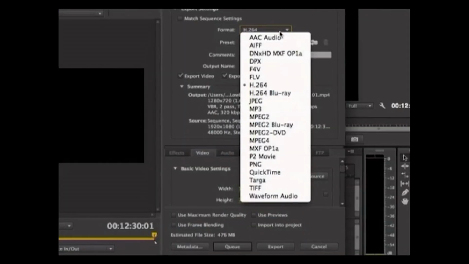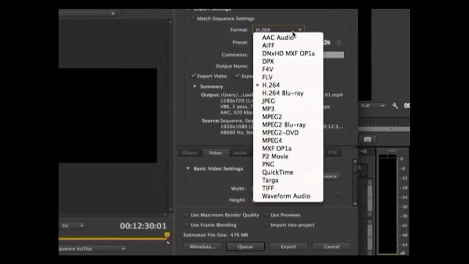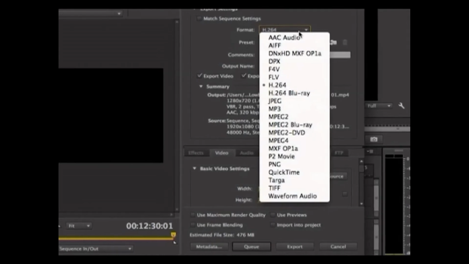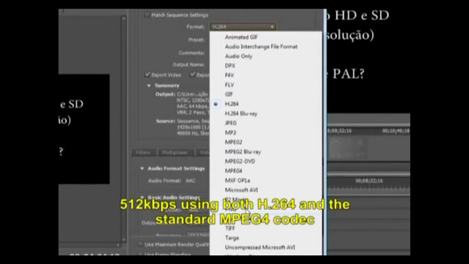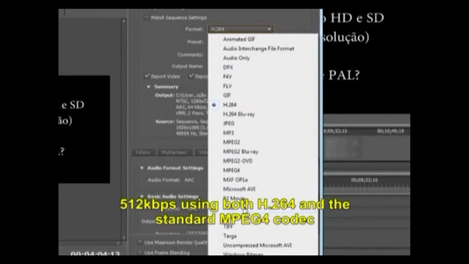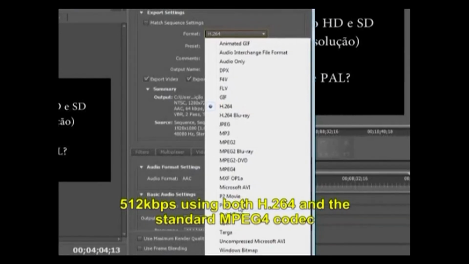Why? Good question. All of the suggestions mentioned in the last paragraph are based on the H.264 codec, but they should work well with pretty much any modern codec. The better the codec, the lower the bit rate can be. That means that 512 kbps will look a lot better in H.264 than it will if you use a codec that's not as good. Try encoding a file at 512 kbps using both H.264 and the standard MPEG-4 codec. You'll see a difference, although it may be a little subtle.